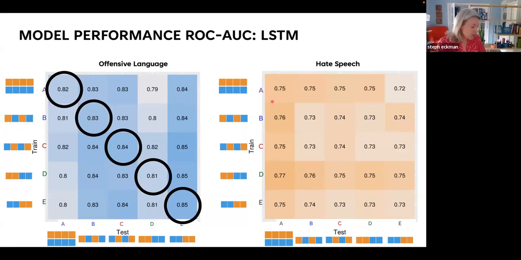Yeah, that's a great question. They were given an instruction. There were about 10 screens of instructions that walked through, like, by offensive language, we mean this. By hate speech, we mean this. And it gives an example. Here are examples of tweets that are offensive language. Here are examples of tweets that are hate speech. And then we show them some tweets can be hate speech but not offensive language, and some tweets can be offensive language but not hate speech. So we walk them through the definitions and give them examples from that corpus of tweets that meet the definitions or don't meet the definitions. We also have examples of neither, tweets that don't have either of those.